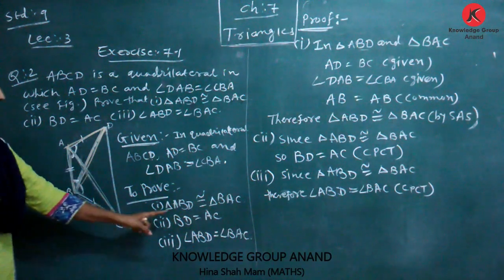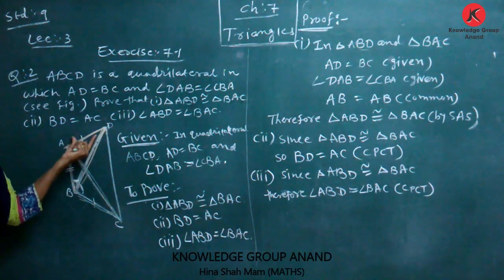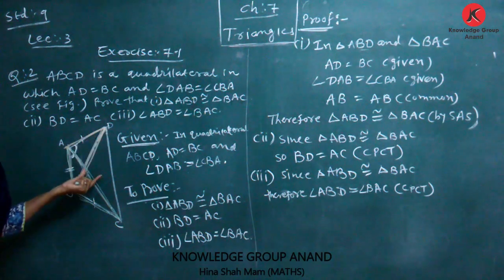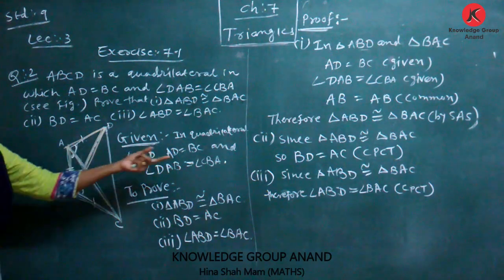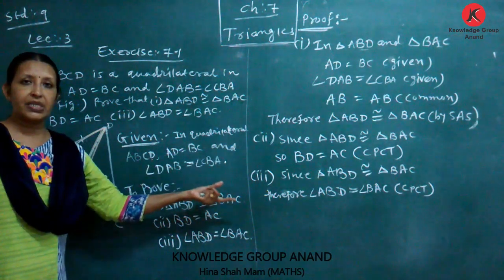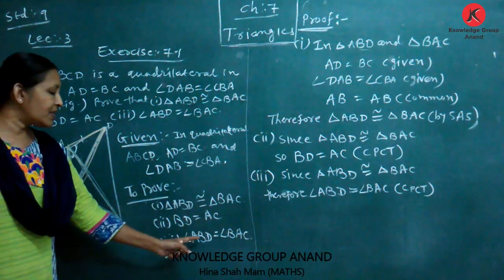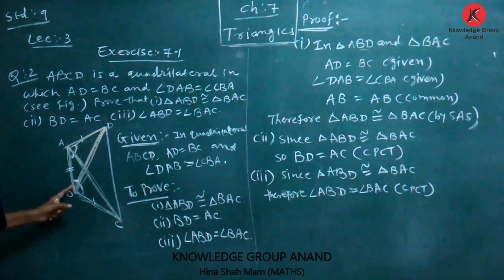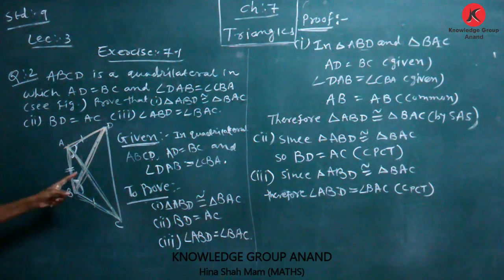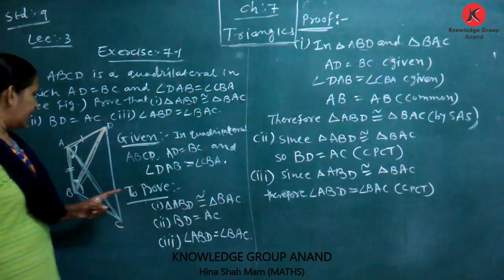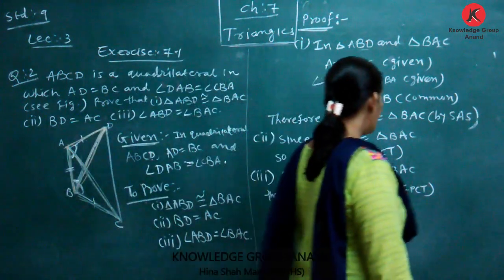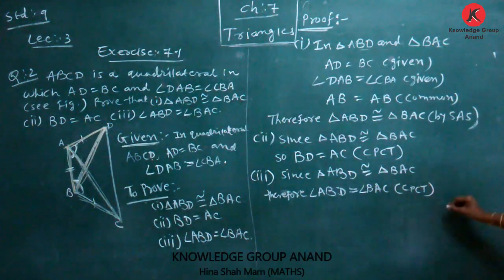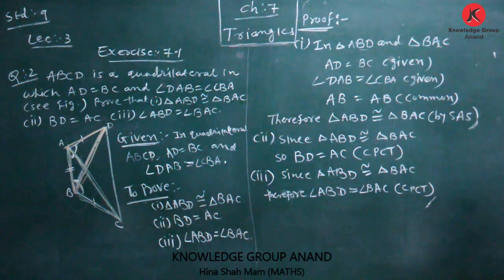Number 2, BD is equal to AC, which are corresponding parts of congruent triangles. Then we say both triangles are congruent, so BD is equal to AC by CPCT. Like this, third result: angle ABD is equal to angle BAC. It is also by CPCT. Okay. Then which parts are common here? Then we say corresponding parts of congruent triangles. Now our lecture is